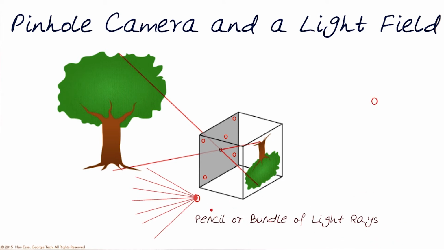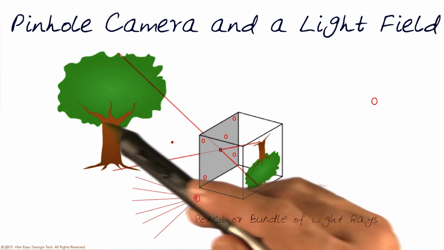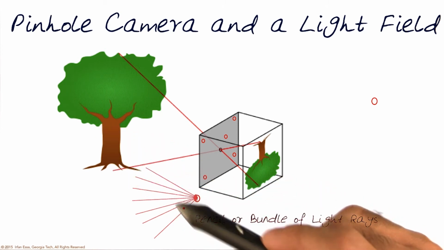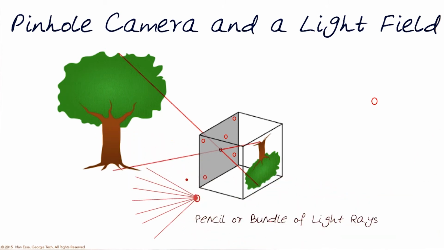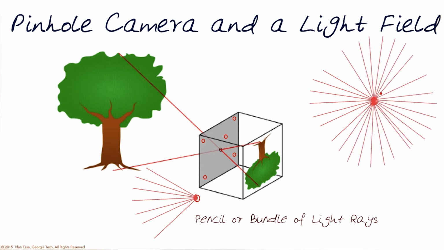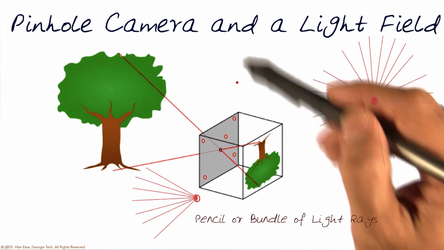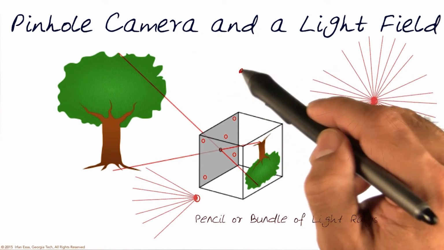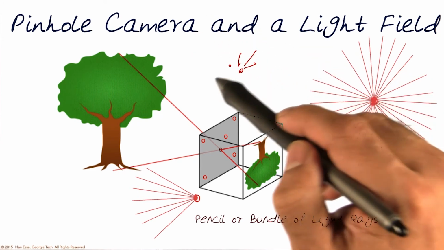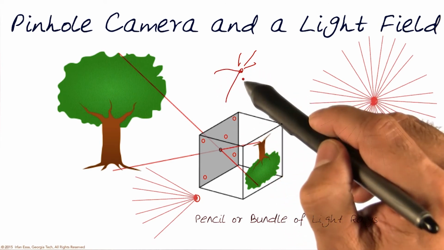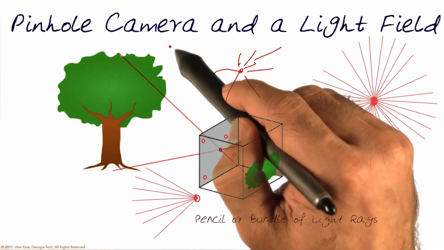Of course, we need not be stuck to just the bundle of rays of light coming in from one direction. Any point anywhere in the world basically gets all of the light converged to this point from all directions, right? So any point in this scene is basically capturing a whole lot of rays of light converging to one point. And it could be any point here, any point in the scene could actually be doing this.